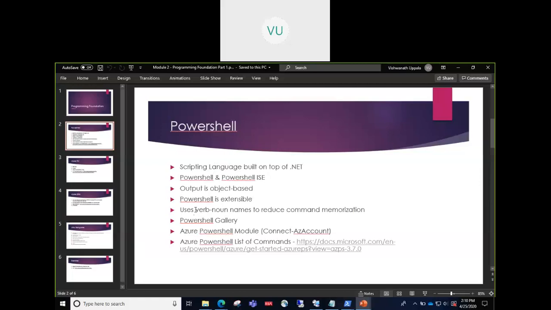Now PowerShell is usually used by system administrators to manage any activities on Windows servers. Could be managing certificates, it could be managing the servers themselves. So you have the ability in PowerShell to remotely manage all these activities.